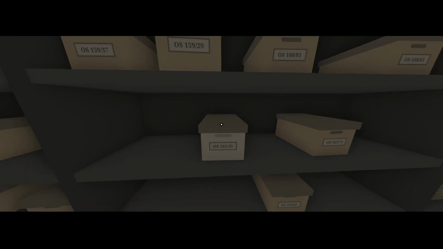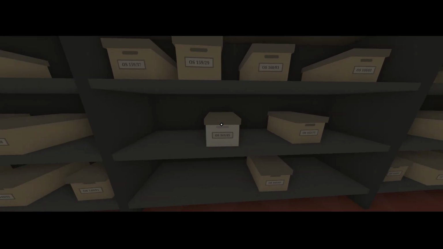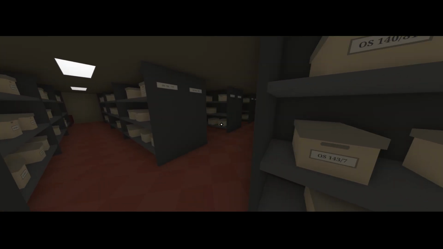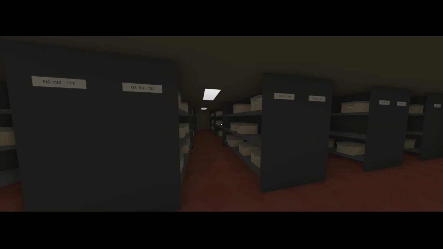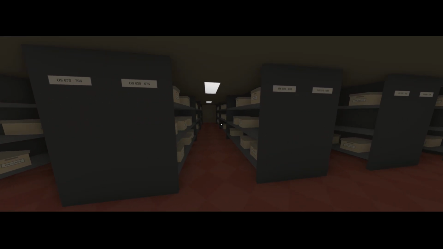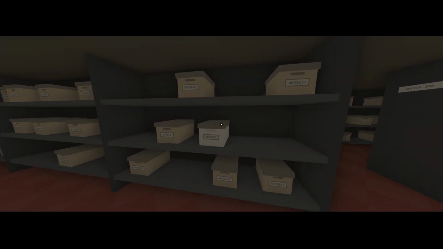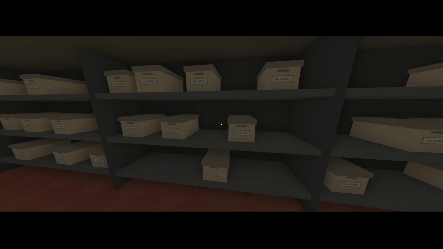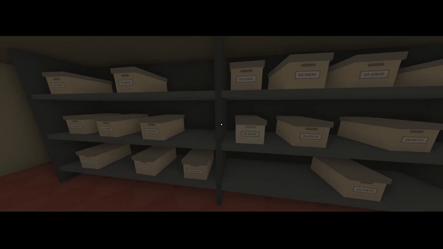Should be somewhere 161. So yeah, I must have already grabbed that one. So it's 6:15:53 then. 6:15 should be right here. 6:15:53 right here.